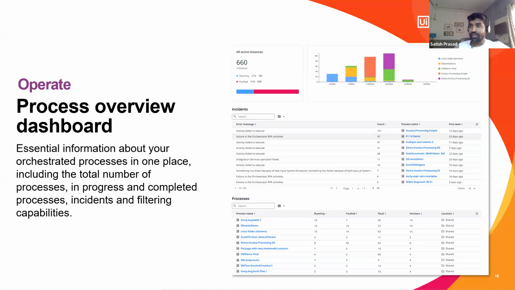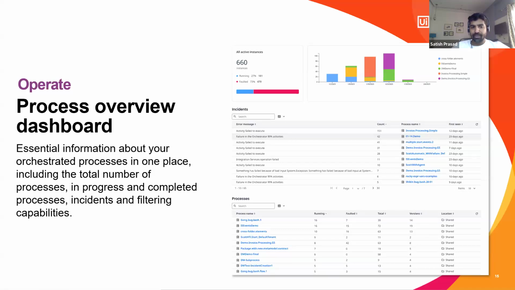But what I wanted to tell you here is that on the process overview dashboard, you will have the capability to see the instances. You will have the capability to see the incident where, inside that bigger process, my bot or agent has failed. Look at this. It's a lot of processes running inside. Some of them are sub processes, some of them are agents. They are running, they faulted, and all those kinds of things. You should be able to see it.